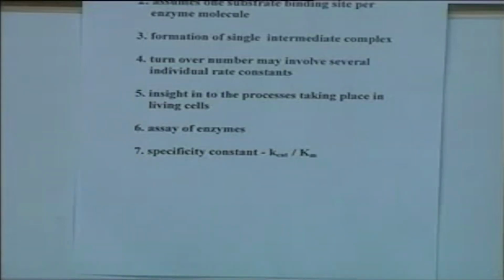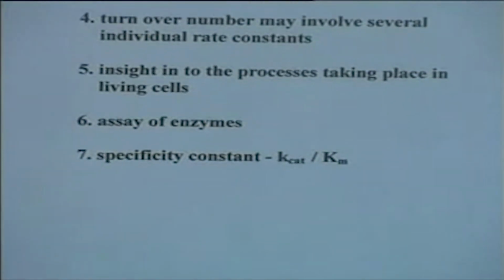Now the next and a very significant advantage of Michaelis-Menten kinetics, and particularly the significance of the Km, the Michaelis-Menten constant, is that we very often get an insight into the functioning of enzymes in the living cell. Take the simplest example, glucose 1-phosphate. Glucose is the starting point when we go into metabolism, and the first step is phosphorylation of glucose, and you get a series of products, glucose 1-phosphate, glucose 6-phosphate, or fructose 1-phosphate, and so on. And now these molecules can go further either into glycogen synthesis as a storage molecule, or further to